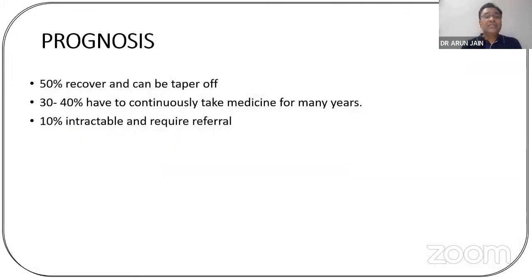So the prognosis: 50% recover and can be tapered off. 30 to 40% have to continuously take medicine for many years, and 10% are refractory and require referral. Long-term therapy is needed for at least 2 to 3 months with gradual withdrawal. Toilet training has to be done for at least 6 months. अगर आप ये accomplish कर पाते हैं, only then you will be able to treat your child successfully